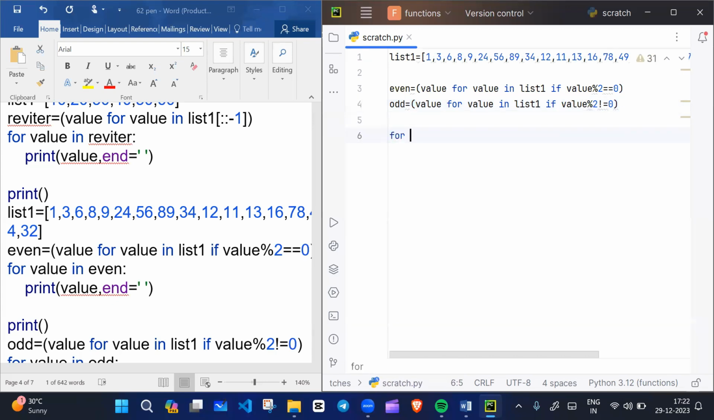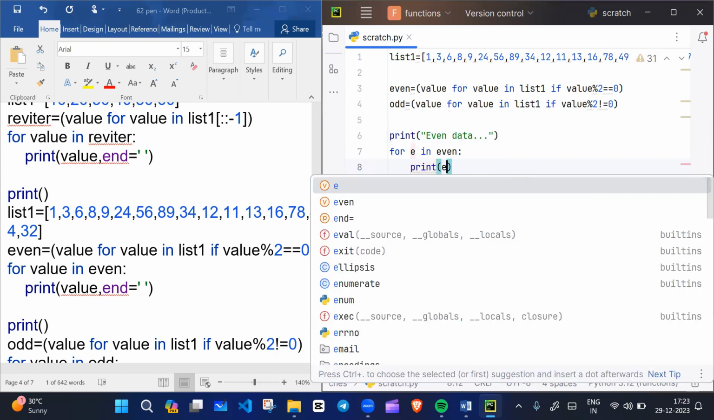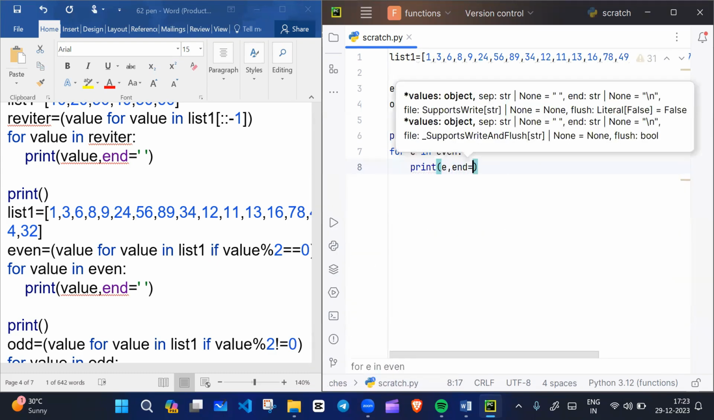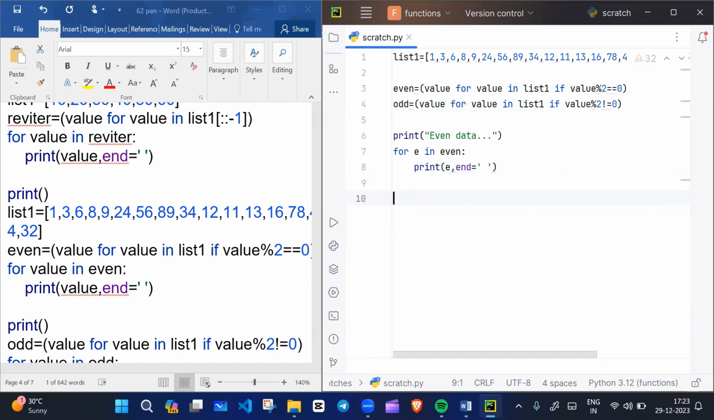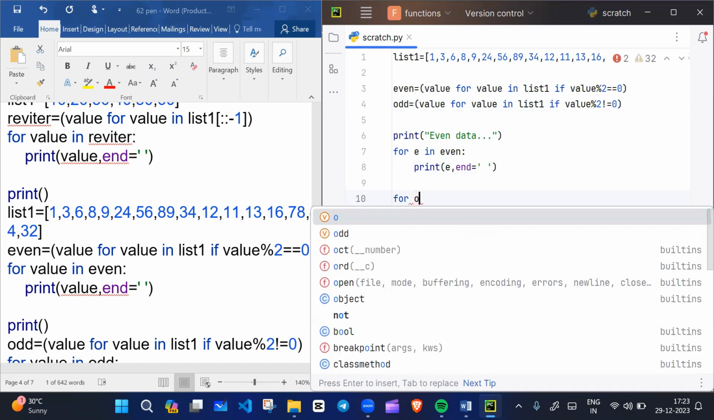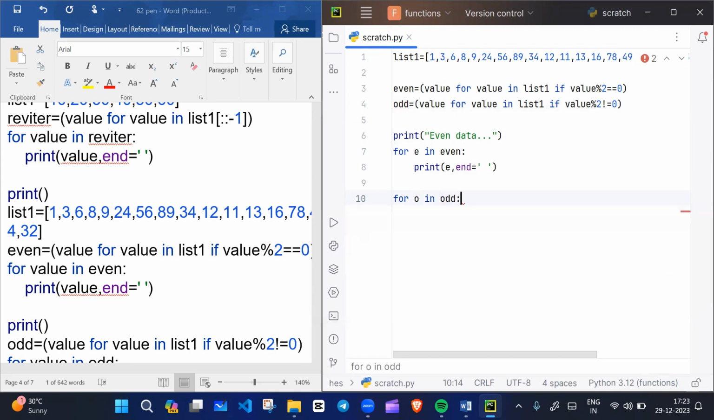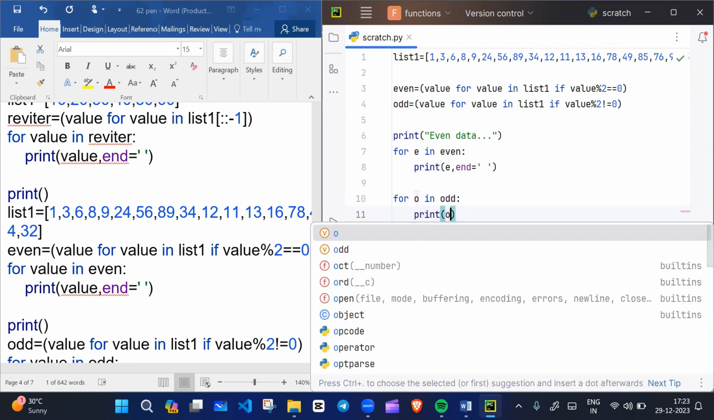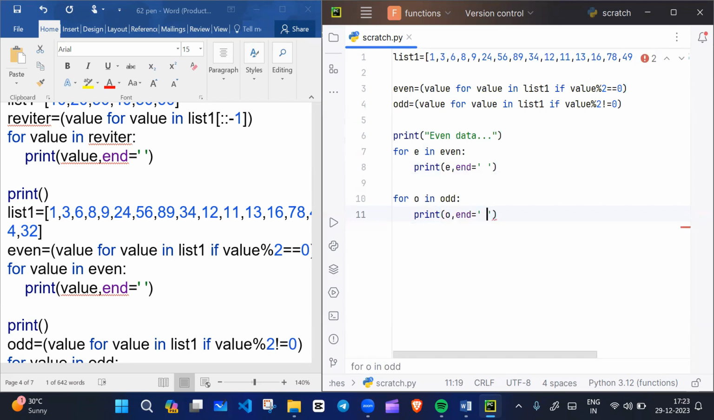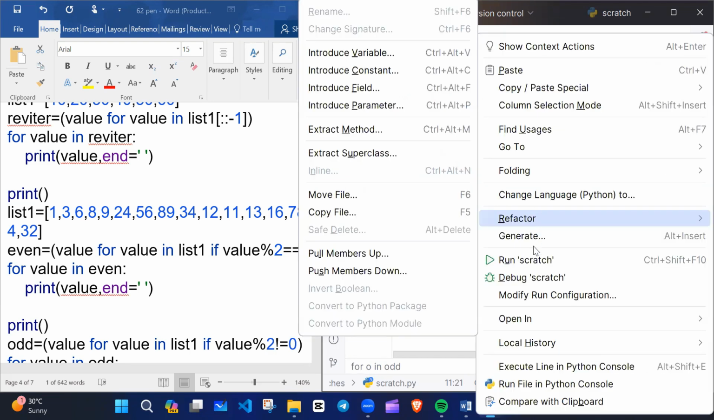Then I will write a for loop, for e in even iterator, and I will print. Before printing I will write the message, even data, and then I will print the even list. Then I will write another for loop, and this time I will give the odd iterator to this for loop, and I will print odd data, and the default line end is a space. If I run this code, so I will get,